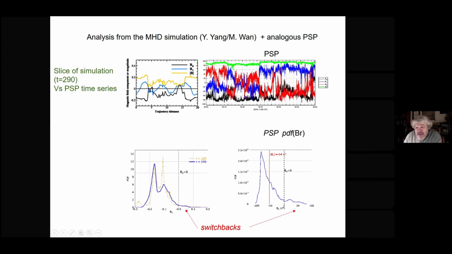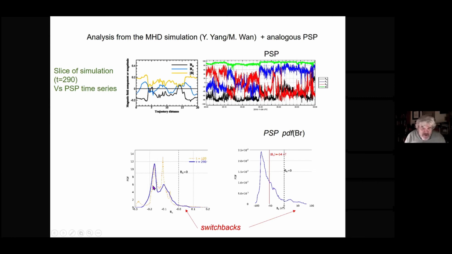Now, remember that the higher the time resolution of the data, the more likely you are to see stronger deflections of the field. So if you go to our average data, this is an hour here. But if you go to higher and higher resolution data, you see more switchbacks. But if you take these data sets and look at the distributions of the radial field and ask the question on the left here, how often do you get switchbacks? Well, here's from the simulation. Here's the dominant polarities, and again, it's